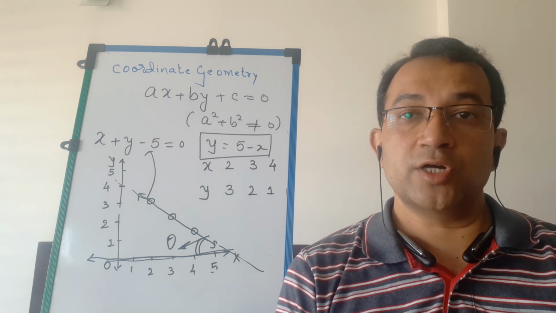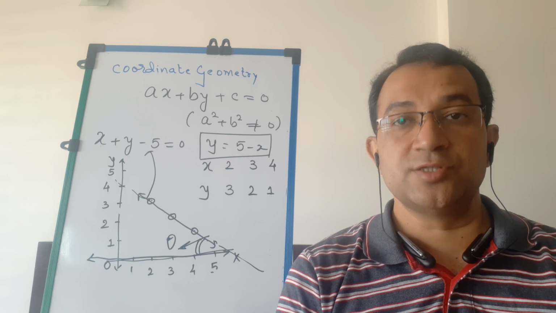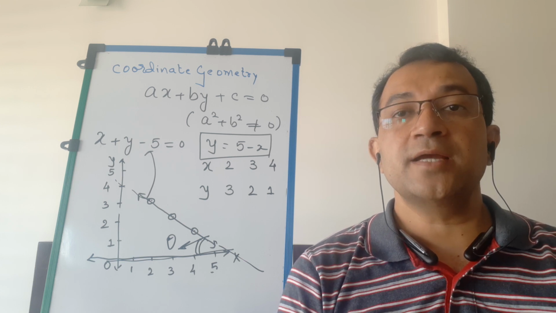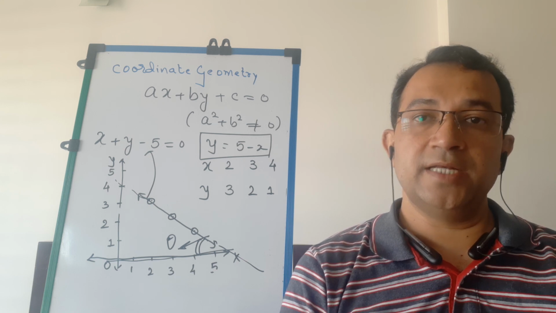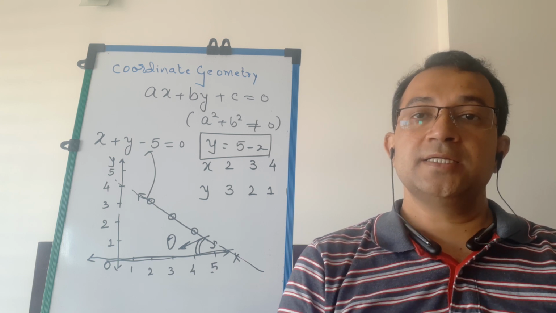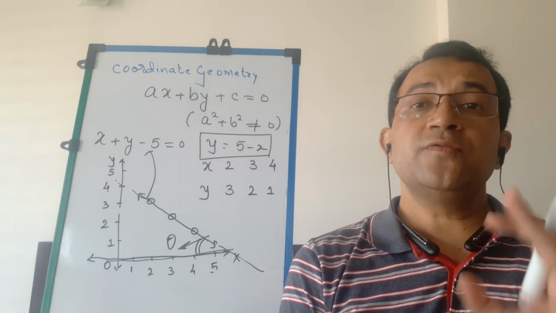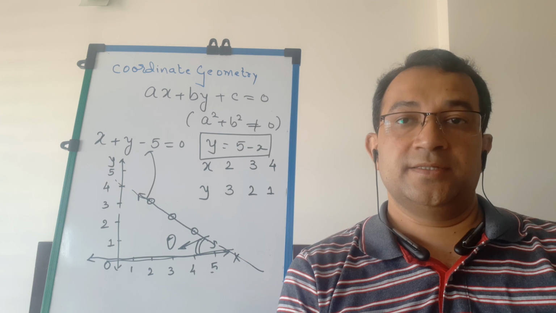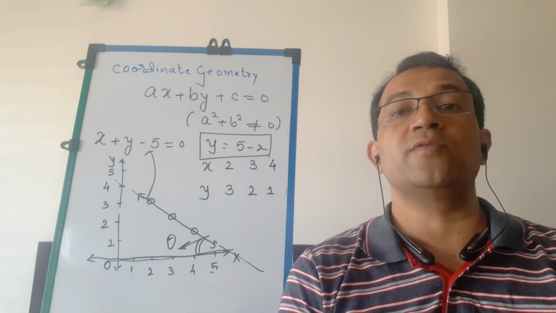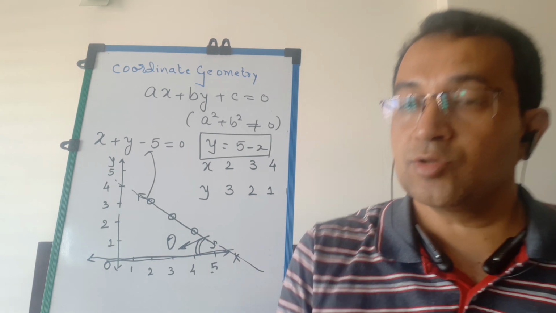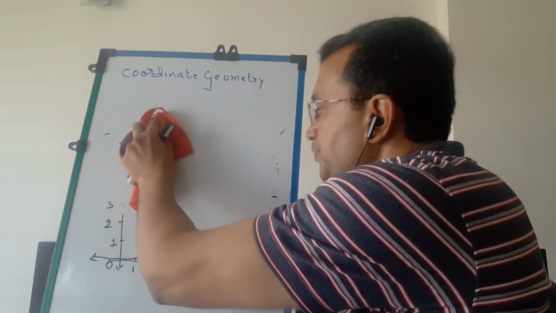So whenever I say what is slope of a line, then in general we can say whenever a line is drawn, a line will make some angle with respect to horizontal axis, which is x-axis, and when we deal with that angle, it is in terms of slope. So if we want to find slope of a line, then students, there are three ways to define slope of a line. So let us discuss how to find slope of a line.